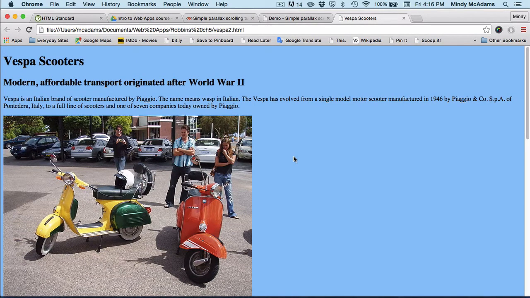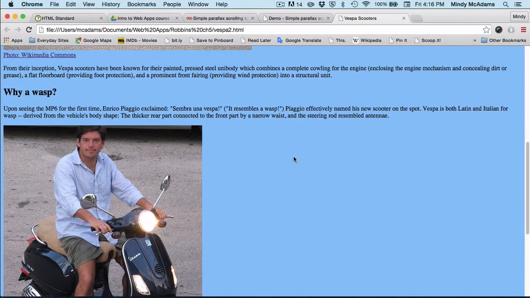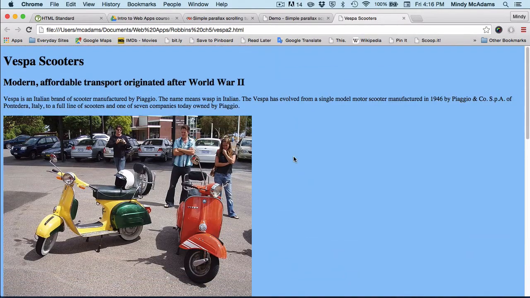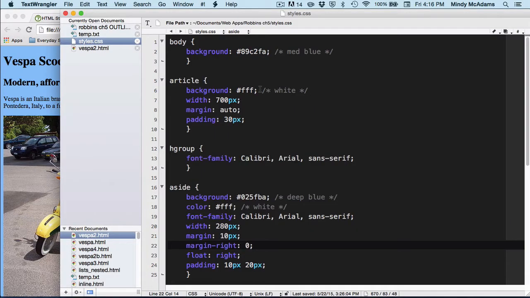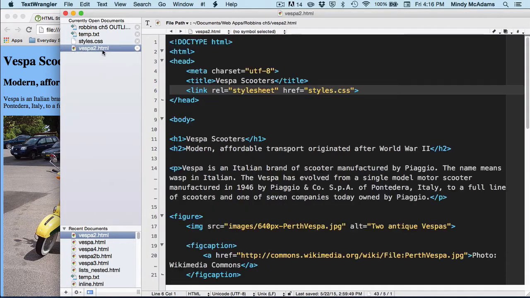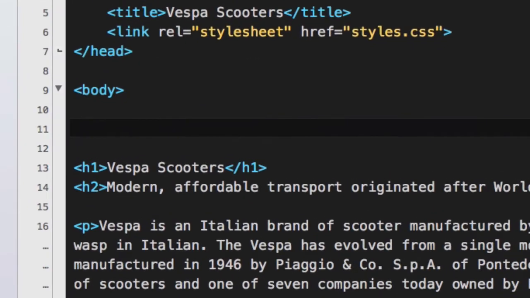And we're first going to mark this up as an article, because look at it. It's not a whole website. It doesn't have a navigation on it. It's one article about one topic. It's got some subheadings. So if we were to mark this up, this is a lot like the previous video, where we used a div at the top and the bottom of all the content on the page, only this time, because the whole page is an article, we are going to mark it up not with a div, but